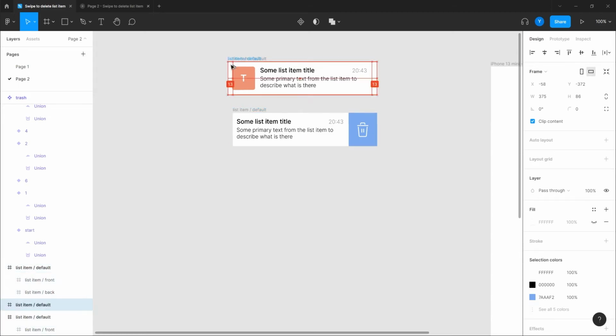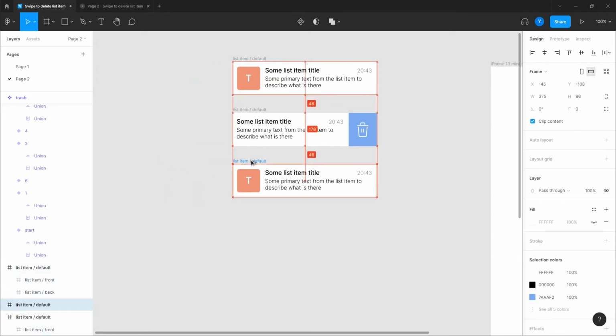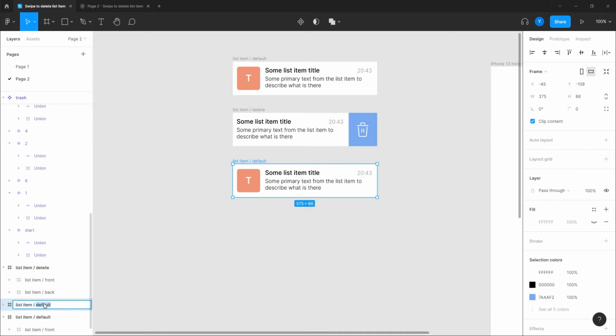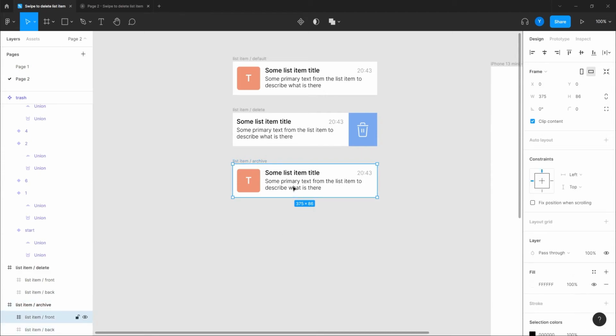I'm going to duplicate it again, and this one, the name of it is going to be delete. This one is going to be archive. And this one, of course, I'm gonna select the front and move it like so.